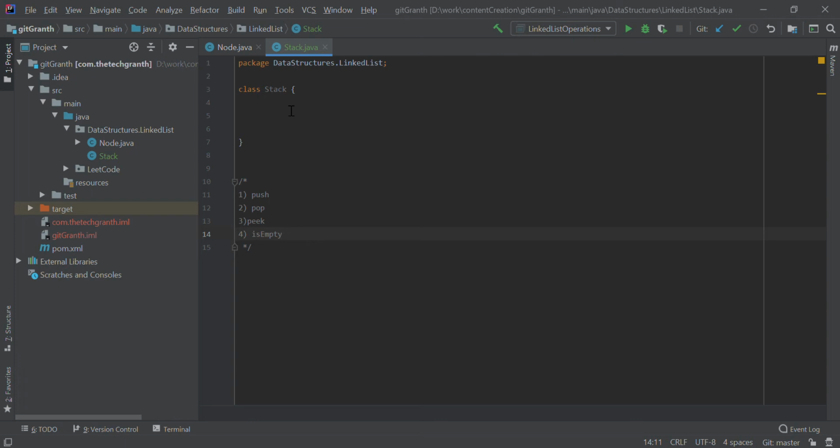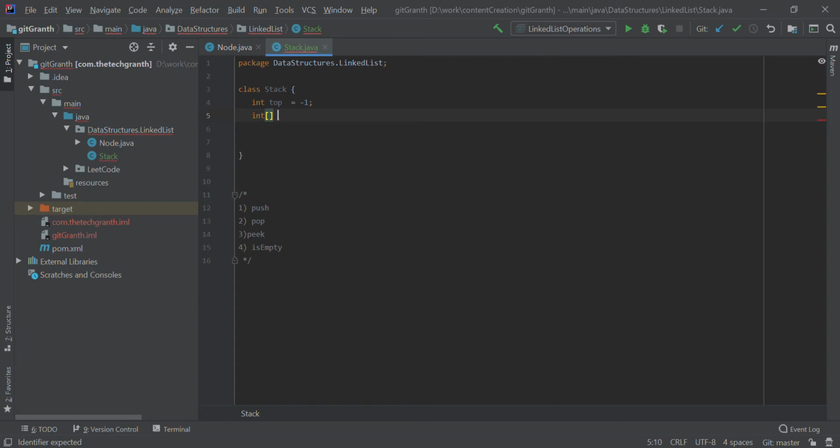So let us first implement push operation. For stack, if you remember what I told in my previous video, you can create stack data structure using array. Only thing is you need to keep a variable to keep track of the element that is getting added as part of the stack. So we'll create a variable called top, and initially we'll say its value is -1, and we are creating an integer stack here, means a stack of integers.